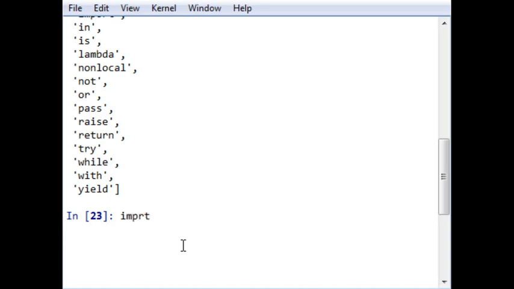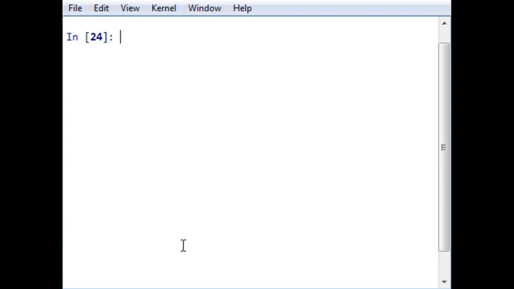Again let me clear the screen for you and import keyword. Now I have to check keyword.iskeyword, and I will use the name lambda.